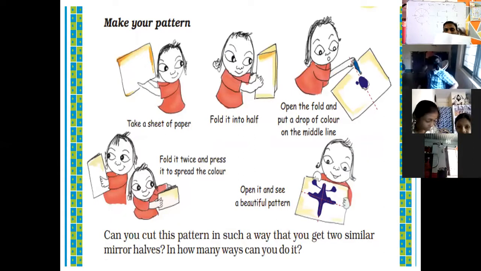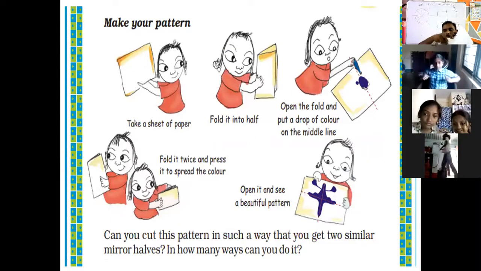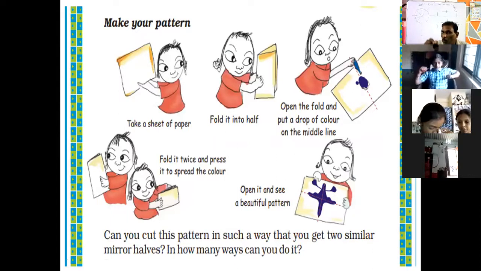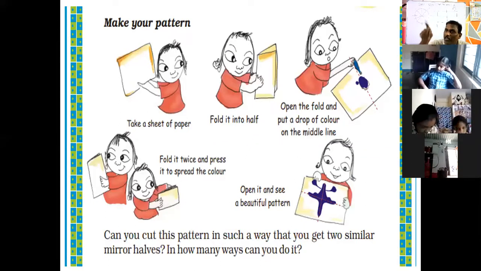Yes, you have to put the color on one side and fold it. Whatever image you are trying, that you will get. Repeatedly, if you do this, you will get it. How to do this? In the morning, I shared the video before the class, just 10 minutes ago. How to do the coloring also, I shared the video. You can go through it.